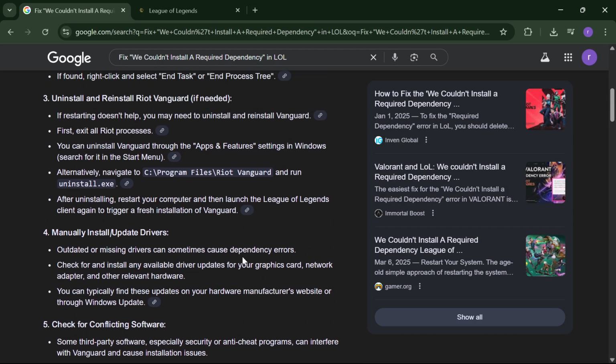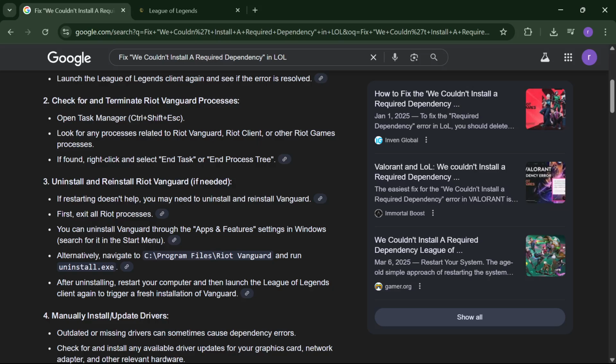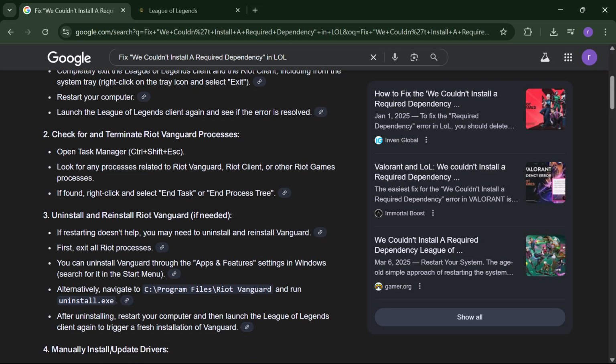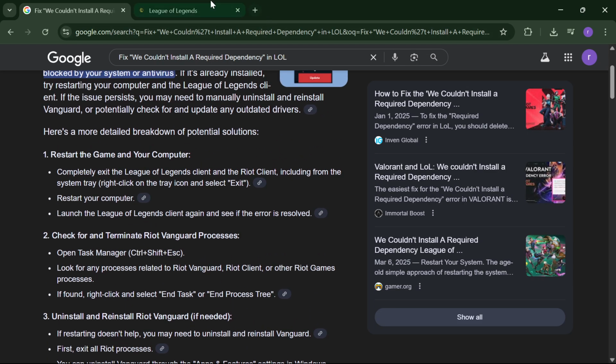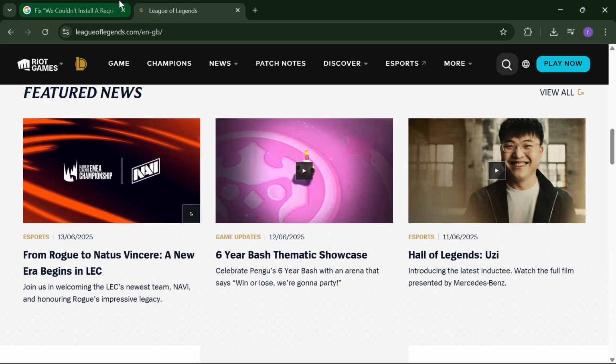So I have told you 5 to 6 solutions for fixing the "we couldn't install a required dependency" error in League of Legends. You can try them and let me know in the comment section which one worked